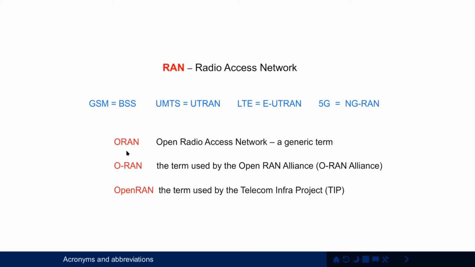And within the course, and today in fact, we will meet another abbreviation called O-RAN. This is the term that's actually used by the Open RAN Alliance, which is often written down as O-RAN Alliance. And we'll take a look at what they do this morning. But there's another Open RAN to be aware of, called Open RAN with a capital O. So it seems we've got an ORAN, an O-RAN, and an Open RAN. And unfortunately, those terms do get mixed together quite often, and that can lead to some confusion.